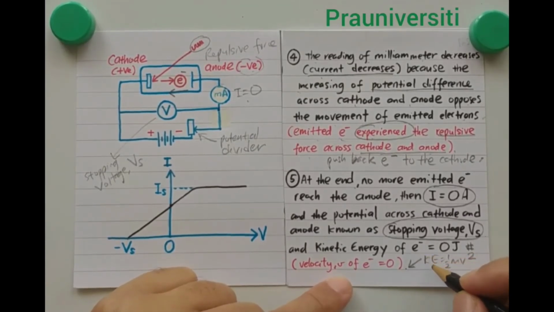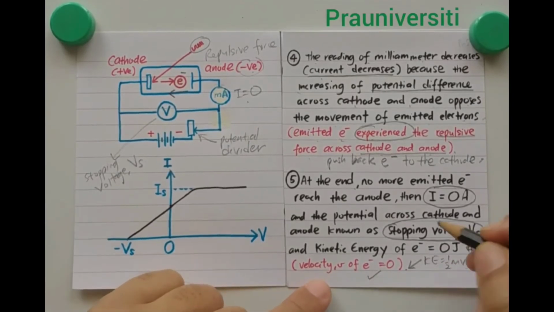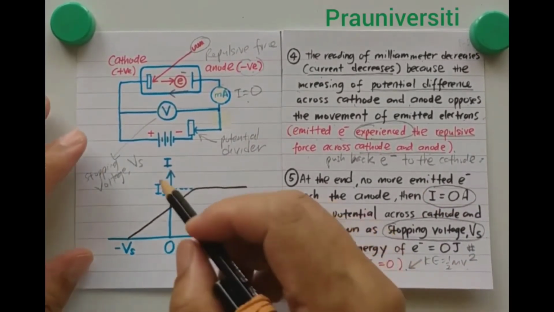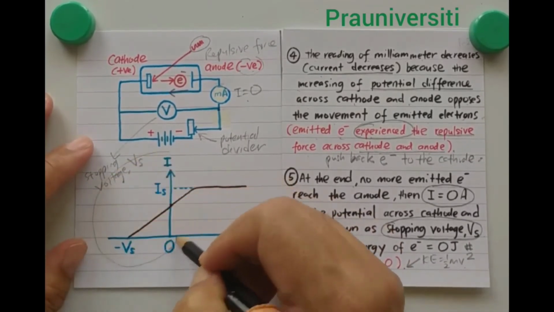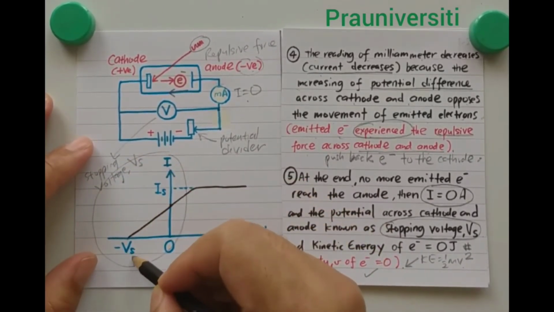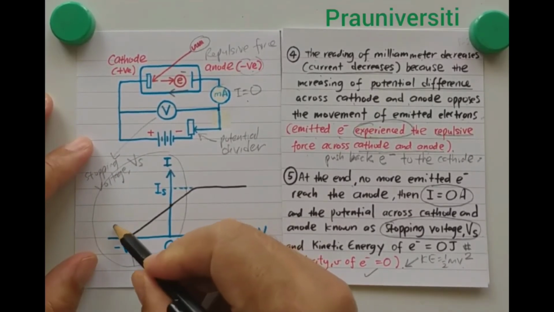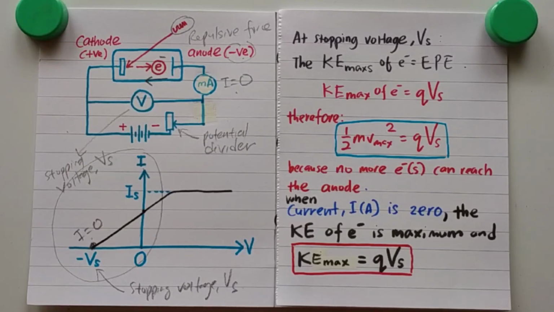When the kinetic energy of the electron is equal to 0, that means the velocity of the electron is equal to 0. If we focus on this side of the graph, here is the stopping voltage, and at the stopping voltage the current is